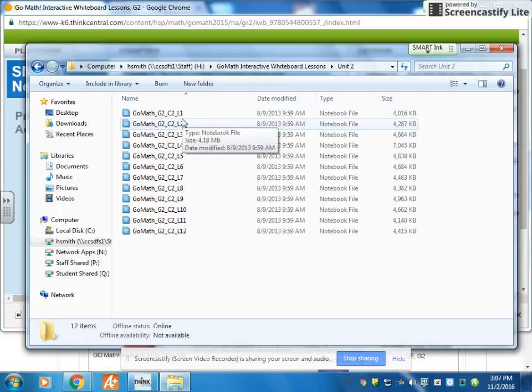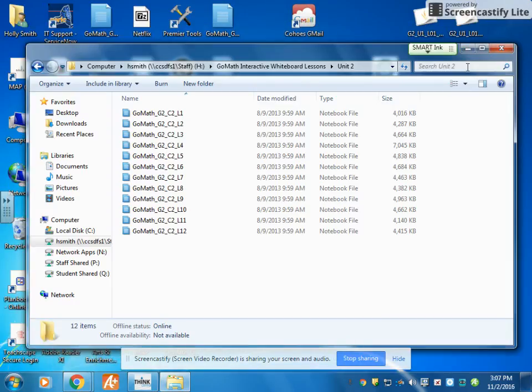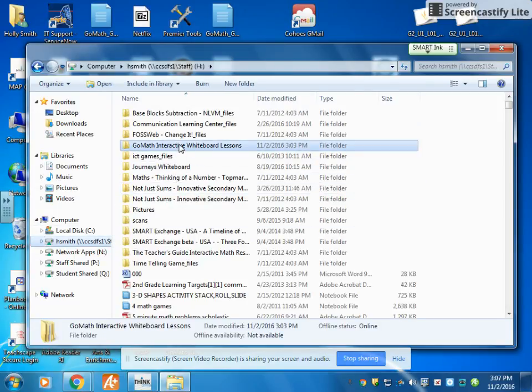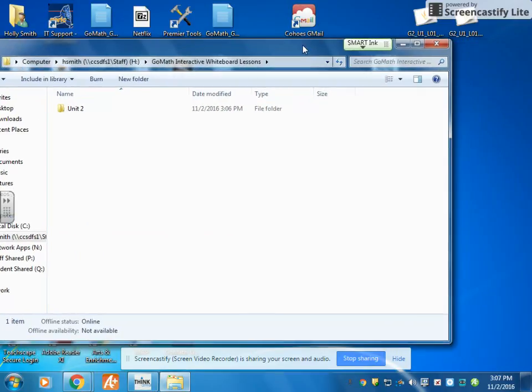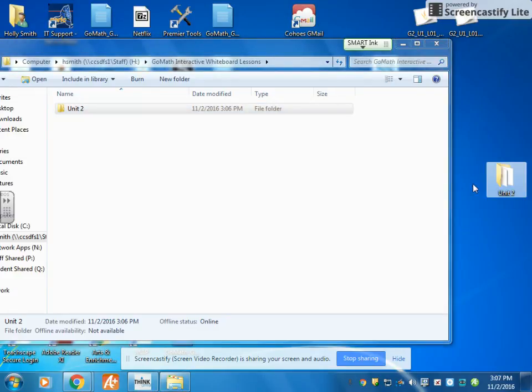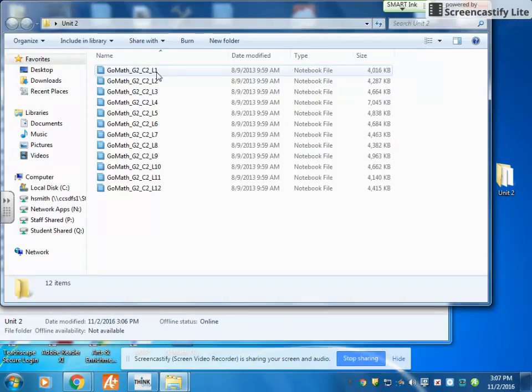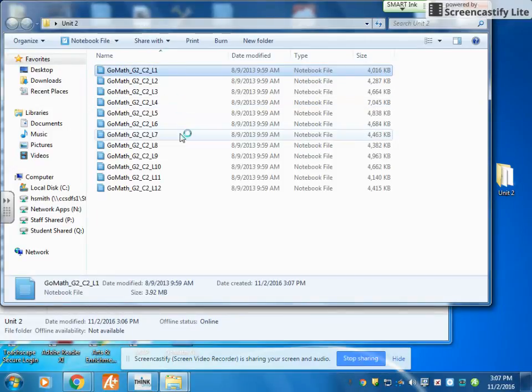And we already have it organized into a folder. So when you want to use these with your students, you would just go into your server folder. Now again, making it even easier for you, let's say you want to save time the day that you're doing your lesson with your students. What I could do, go back to Holly Smith's server folder. I could actually drag this Unit 2 folder right here onto my desktop. So then that way, when I'm in front of my class, I just click on this Unit 2 folder, and if I'm ready to do my Chapter 2 Lesson 1 interactive whiteboard lesson,